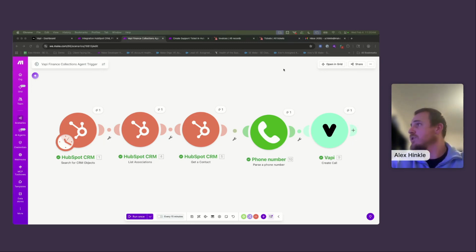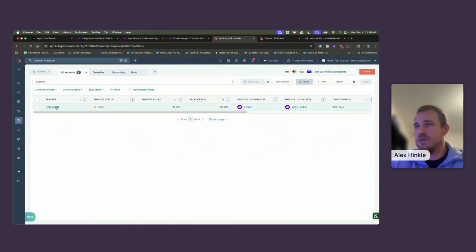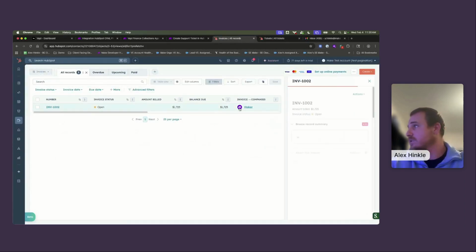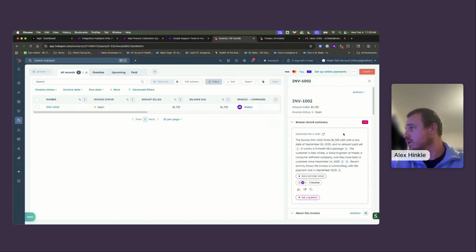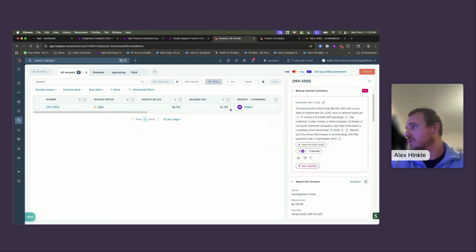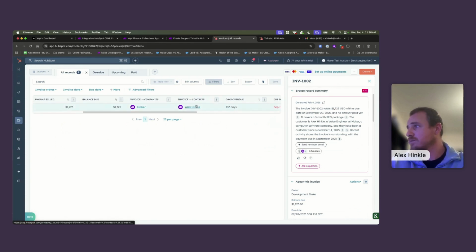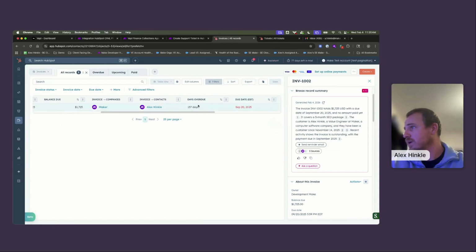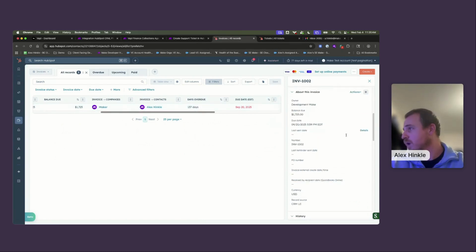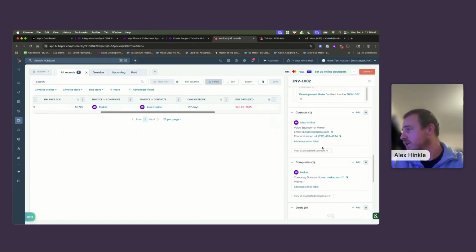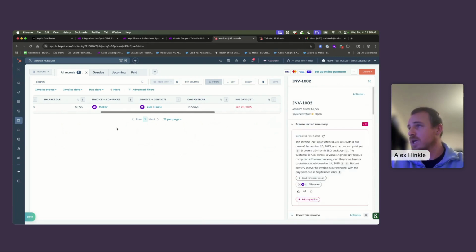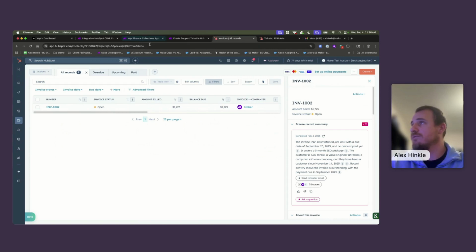So just to explain how this works, inside of HubSpot, you can see we have this invoice. This invoice is invoice 1002. You can see the total balance due is 1725. There's a contact that is my contact information here. We can even have a due date here. We can see how many days it's overdue. And so this is the invoice that we will be having our finance collections agent call me to follow up